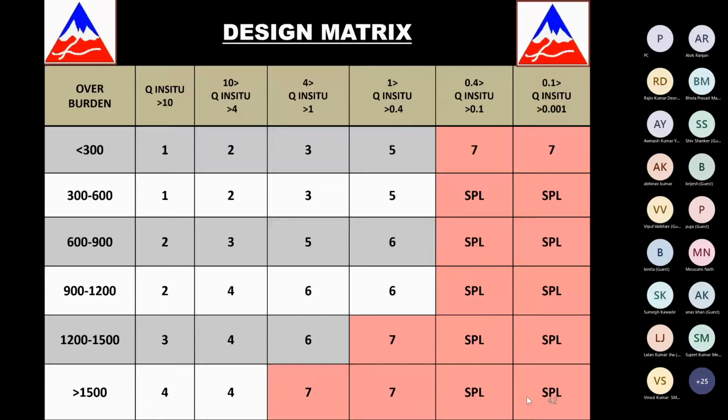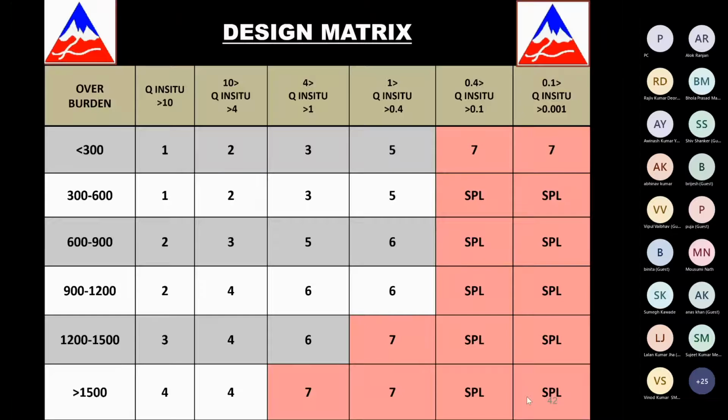Actually in the tender there were drawings given for Q determined at the face and overburden, but on site we realized that a lot of times these things were not actually what the tunnel required, and we ended up using monitoring techniques to see how the deformation is happening, then decide where and how many rock bolts we should put, and what kind of support we should put at any given location. Should we go for sequential excavation in poor rock mass, or can we go for full face heading?